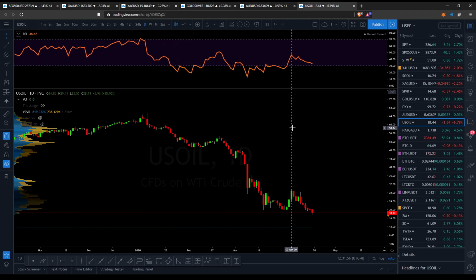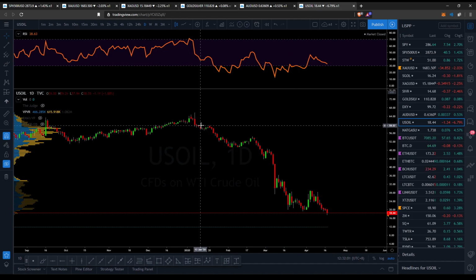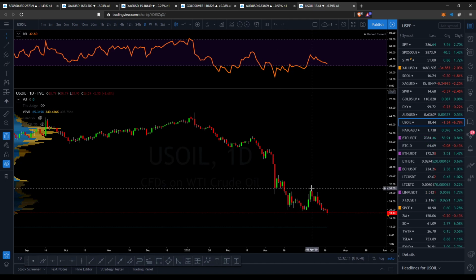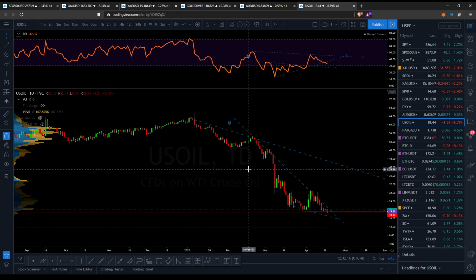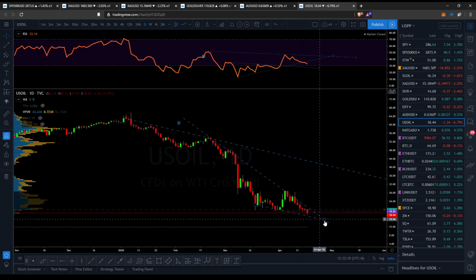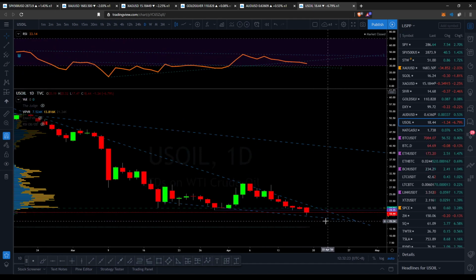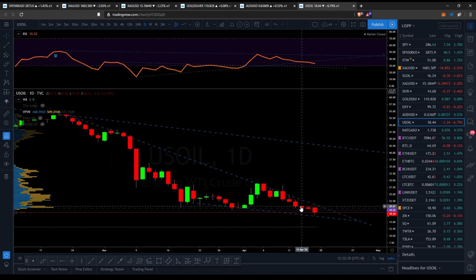US oil. So US oil is the other interesting one. It's had a massive dump due to the oil price wars between Russia, Saudi Arabia, and the USA, and a bunch of other countries. But now we had this huge bounce here, and then we gave it all back straight away. But if I turn this back on, now what we're doing is forming this falling wedge on the daily time frame, and we wicked a little bit to it, and now we're trying to bounce. So if we do break out of it, we're likely to go up higher,